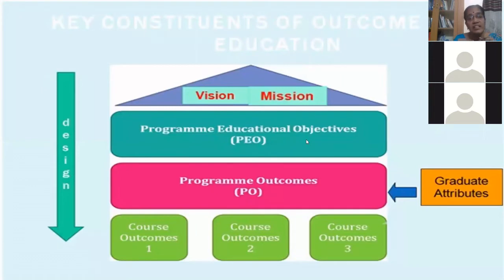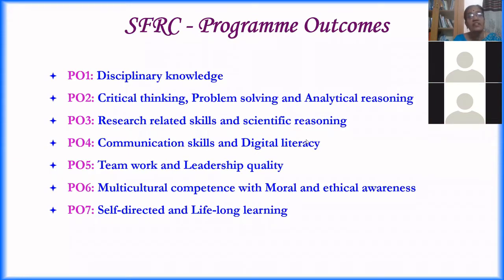Yesterday itself, we talked about vision and mission and how to draw your program educational objectives and how to frame your program outcomes and program specific outcomes. So in today's session, we'll see about writing course outcomes for each course. You have to remember, in order to understand the COPO mapping, the program outcomes. For example, I have taken the POs that we have framed for our college. Please remember the order also, so that we'll be able to follow what I'm going to say when you are doing COPO mapping.